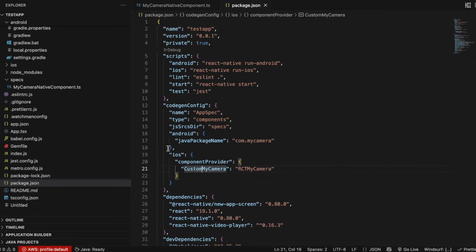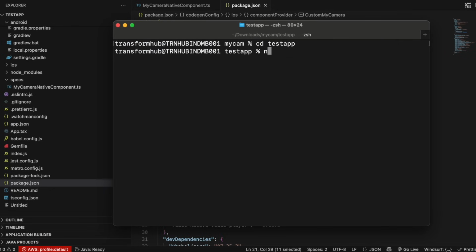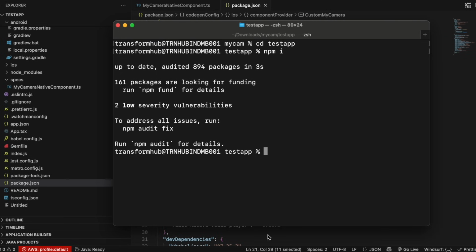Over here as well, even though we are not using the iOS thing, I have still added it. So here instead of custom web view, it should be custom my camera, and here instead of RCT web view, it should be RCT my camera. Now given that we have changed the package.json file, we just need to install the dependency using npm install. So this step is not given in the documentation, but I think it's better to do it, otherwise we